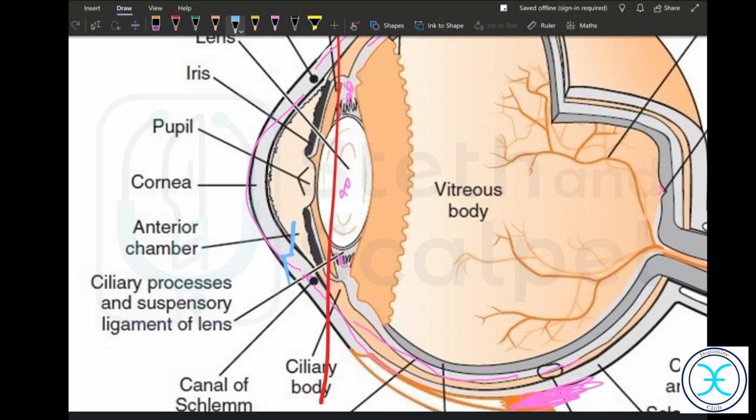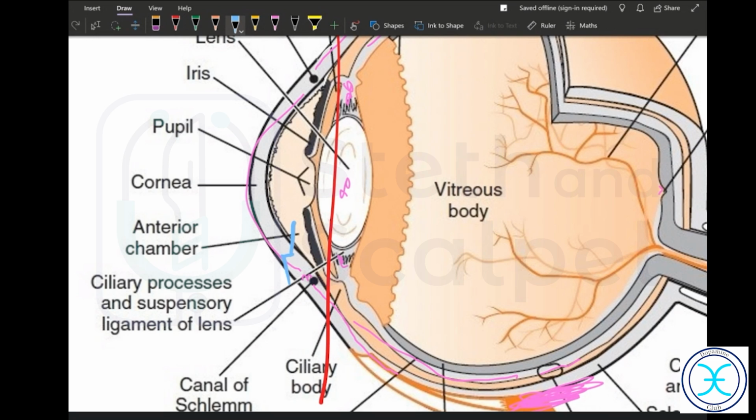First they do a capsular hex. They will bend one needle into one shape, 145 degrees, put it in, do one rotation, and then remove that capsule. Then they will bring the lens from the posterior chamber to the anterior chamber. They will slowly move the lens. They will put viscous under the lens, and after that the lens will jump out and come to the anterior chamber, and then they will use the sandwich method. They will take out that lens using one instrument, I don't know what it is called.